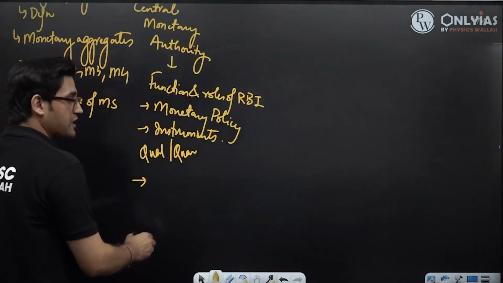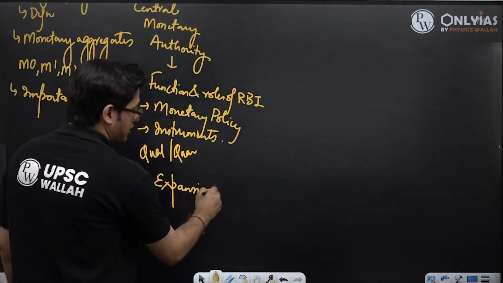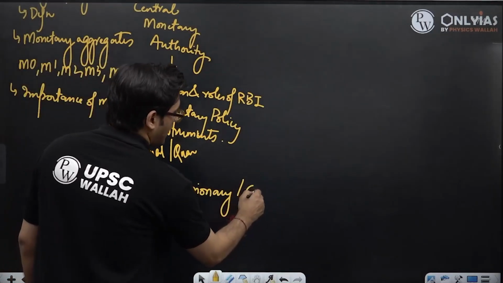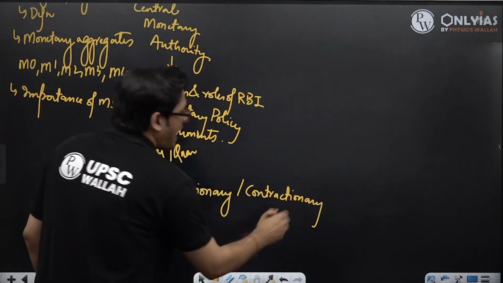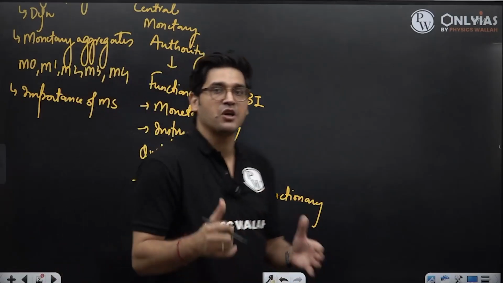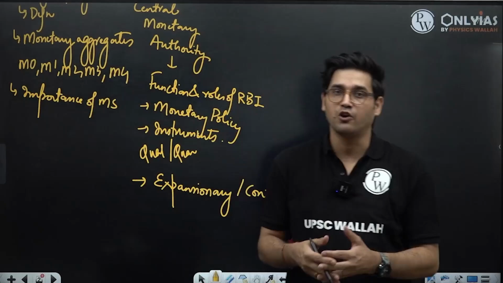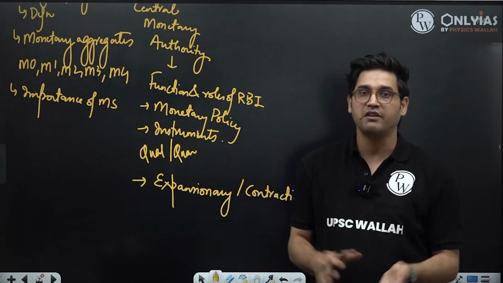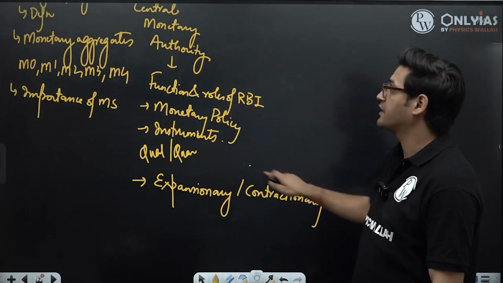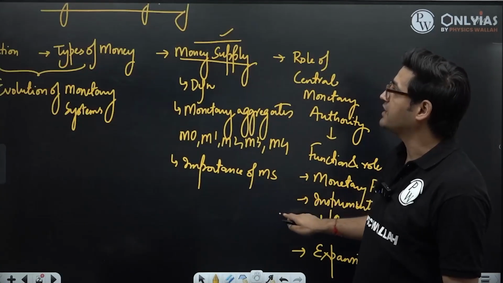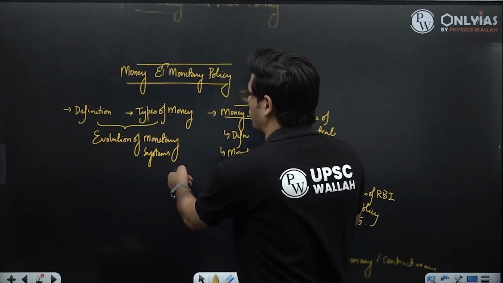Types of monetary policy, wherein we will be talking about what we mean by an expansionary monetary policy and what we mean by a contractionary monetary policy, and if there are any other names for these types of policies. For example, what do we mean by a cheap money regime? What do we mean by a dear money regime? We will understand all of those things as a part of this specific topic, which is that of money and money supply. I hope you have made a note of each of these topics.